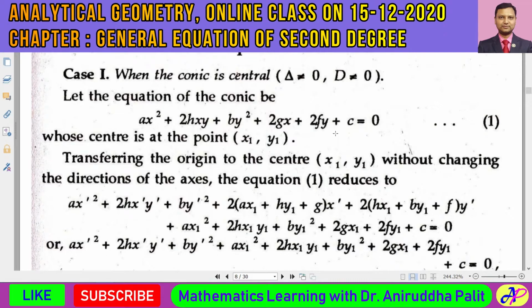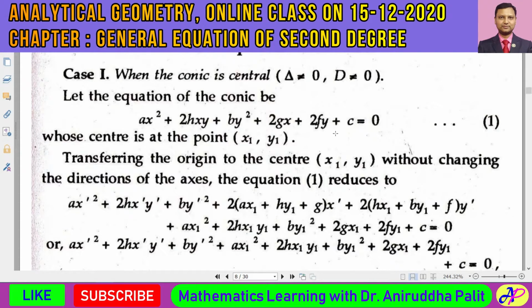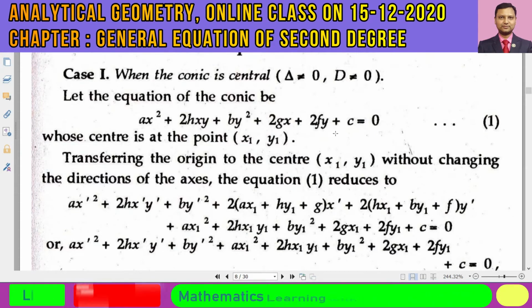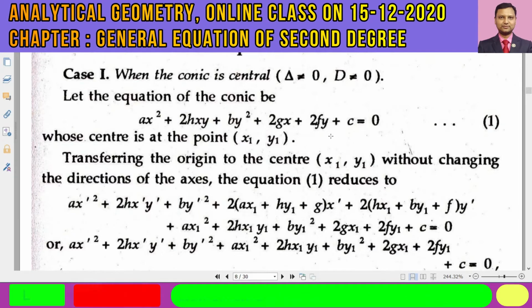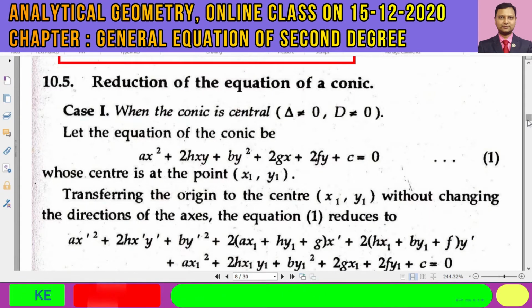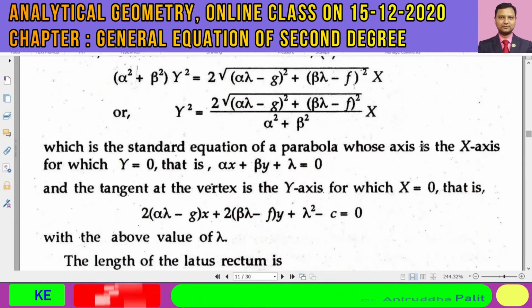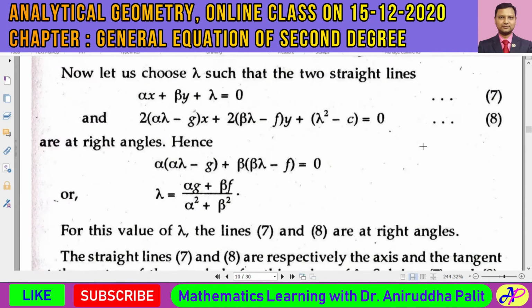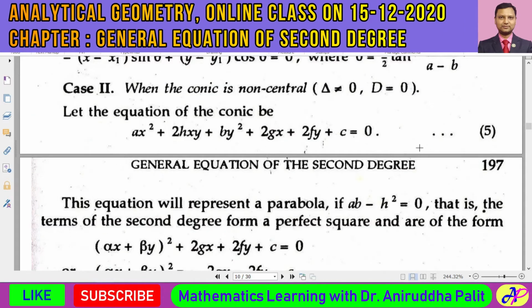Standard form is y square is equal to plus or minus 4ax, or it can also be written in this way, that x squared is equal to plus or minus 4ay. So these two are actually the standard formula. Over here I shall discuss the second case and present one example so that this becomes a bit clear. This case number 2, over here delta not equal to 0 and d is equal to 0.